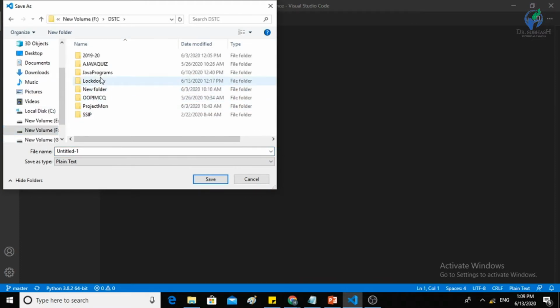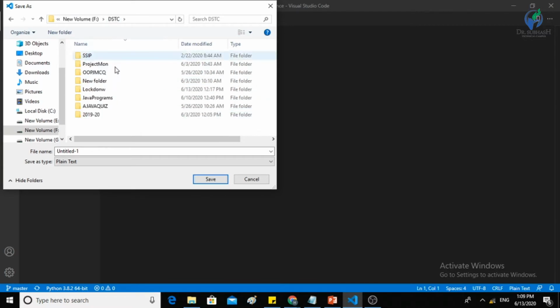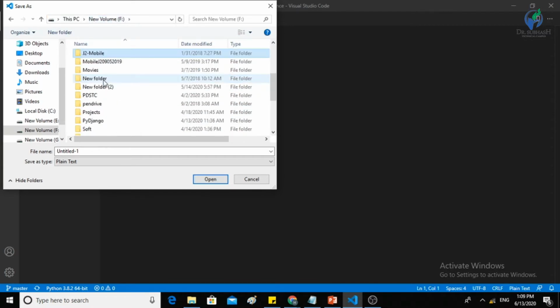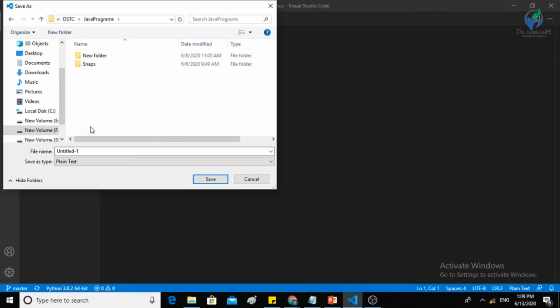We have the Java programs folder available, and we'll save this file as constructor demo.java.